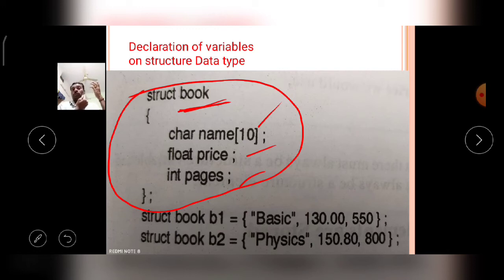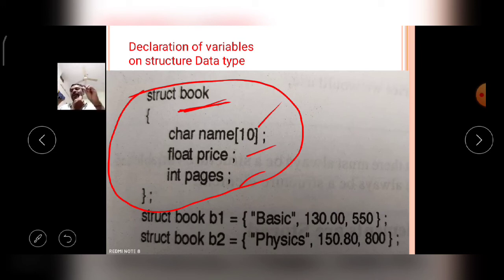Then after completion of the declaration of a data type, it is ready for the creation of variables. The variables can be created on the built-in data types, on the derived data types, and on the user-defined data types.